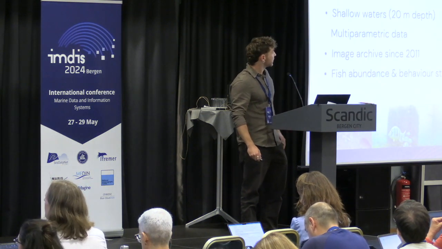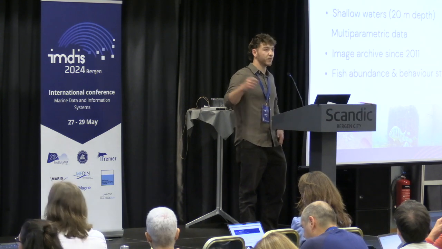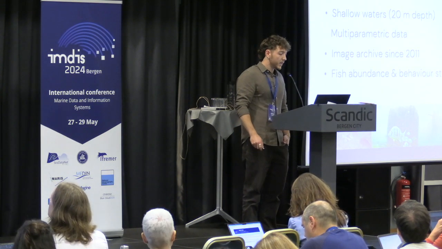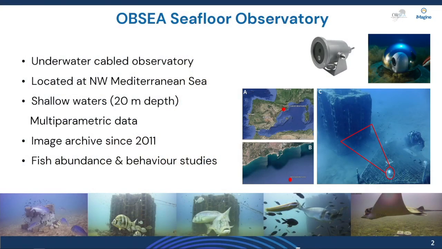OBSEA is an underwater cabled observatory located at the northwest of the Mediterranean Sea, 4 kilometers from the coast, at 20 meters depth, and there we store multiparametric data such as temperature, salinity, pressure, currents, waves, and also we have images since 2011, which is potential information to study fish abundance and behavior of these marine species. There are many photos taken in that place,